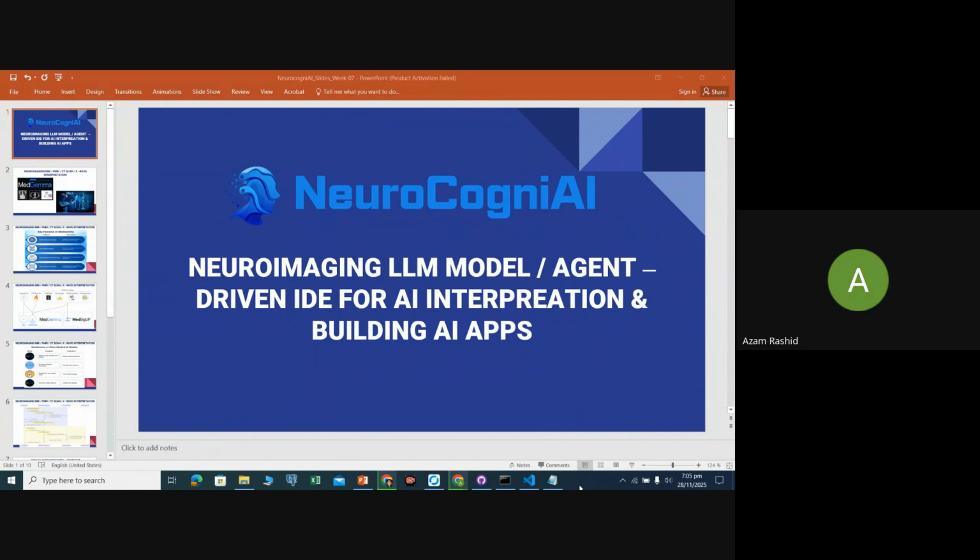Azam, please go ahead. Okay, Ahmad bhai. Today I am explaining about neuroimaging, how neuroimaging interacts with LLM models, and especially the lecture is designed around the state-of-the-art medical LLM named MedGemma 3. MedGemma 3 is an LLM model designed by Google, and especially the model interprets the images and also the